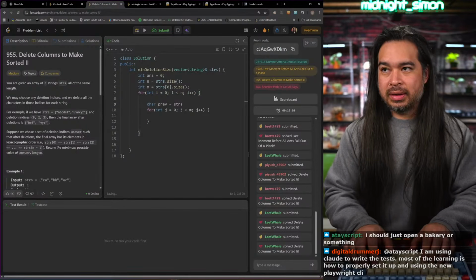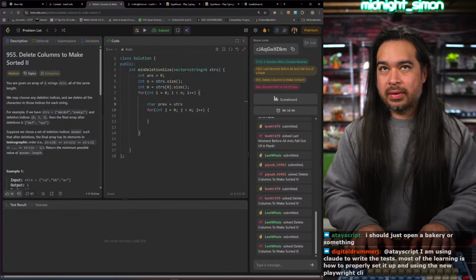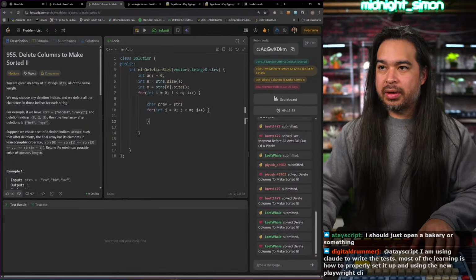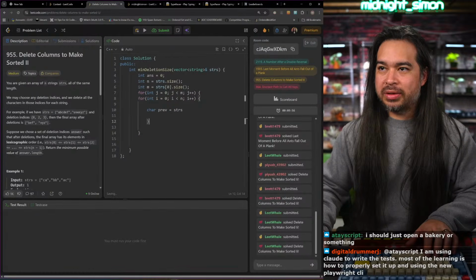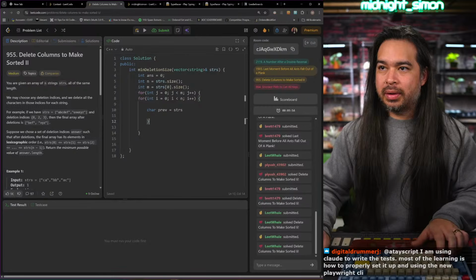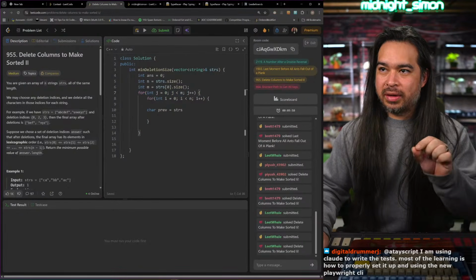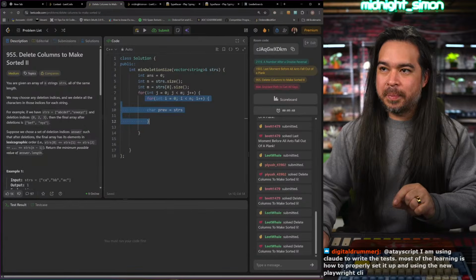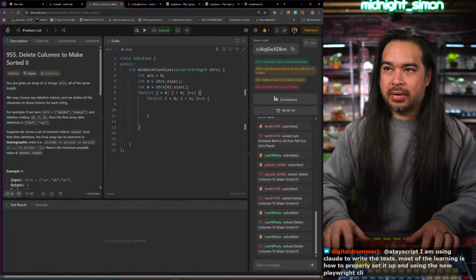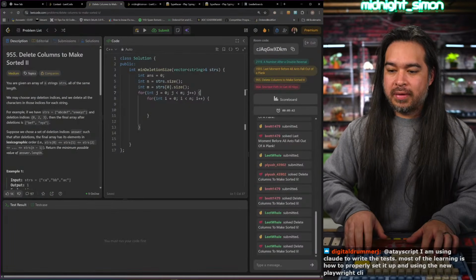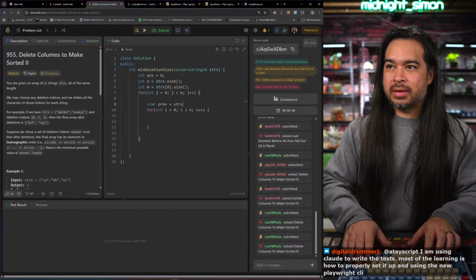Stars. Wait, what are we doing, man? Actually, I think we should go with the J being in the outer loop, because we want to iterate over each index and then go through each string and check that one index, right? So for every index,